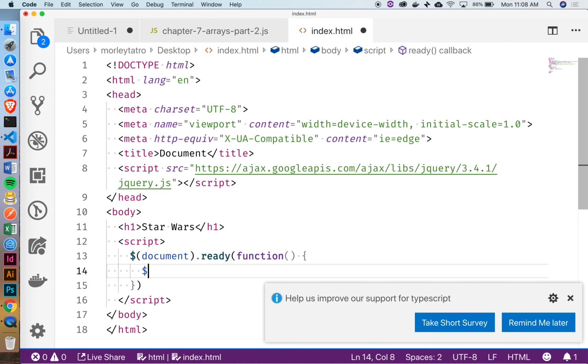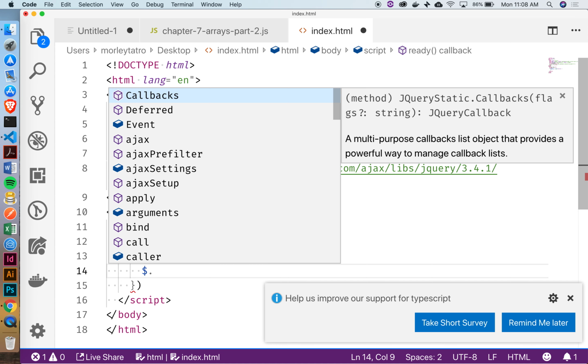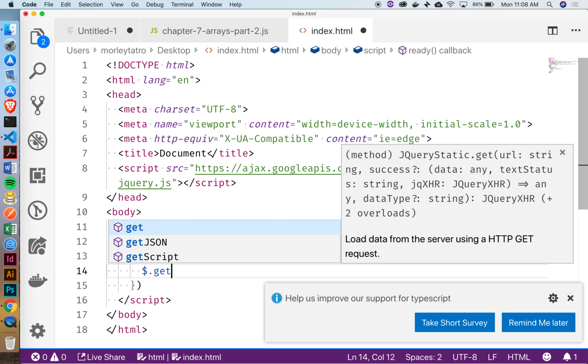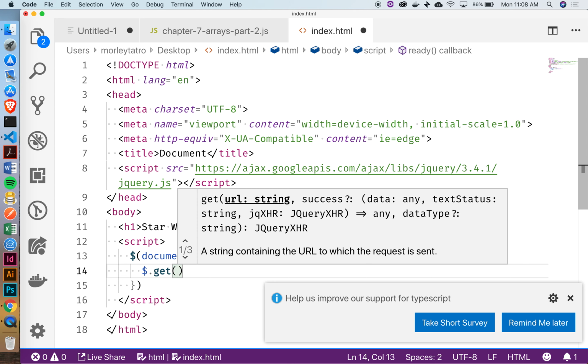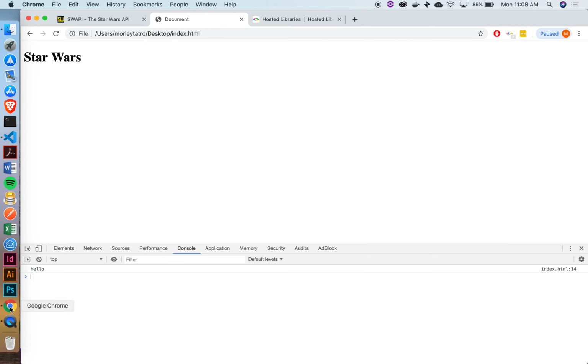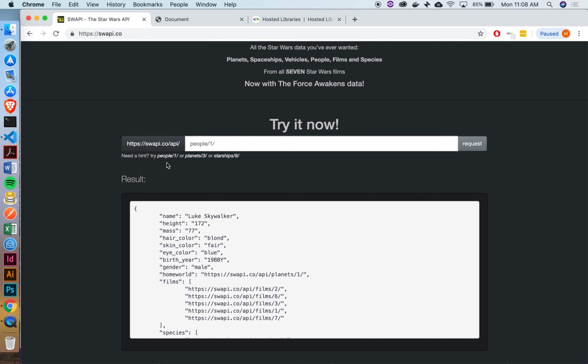That's all that's doing. And the function we're going to use is .get. This is Ajax, as Tanner pointed out, and we're going to pass in the URL that we want to get from. The URL that we want to get from is just this guy right here,